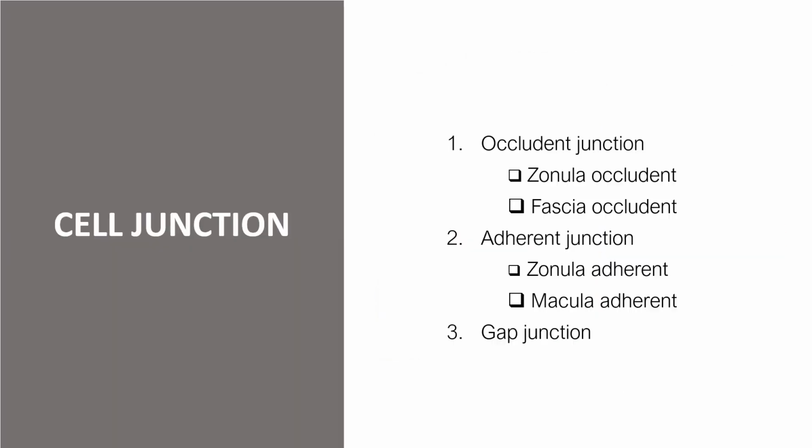The last topic in this video is cell junction. Several membrane-associated structures provide adhesion and communication between cells. Some are present in other tissues, but all are particularly numerous and prominent in epithelia. Epithelial cells adhere strongly to neighboring cells and basal lamina. There are several specialized intercellular junctions with different functions, such as occludens junction, adherens junction, and gap junction.